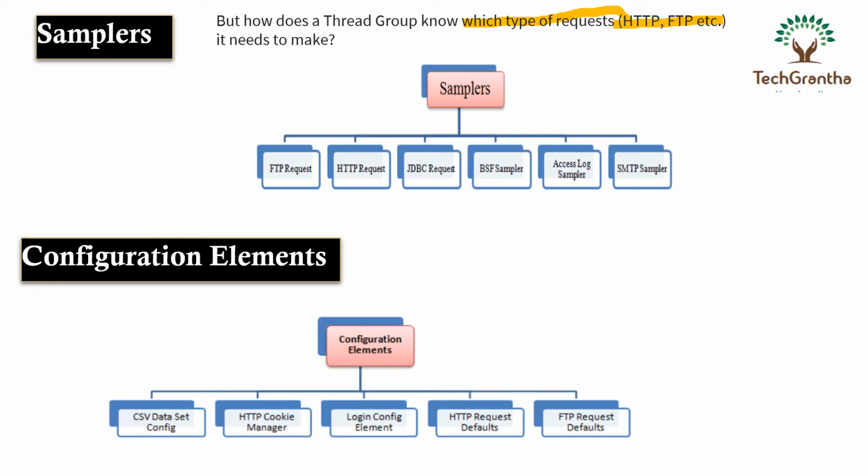Okay, apart from that, the next element is the configuration element. This is the most important element which we need to understand, and we also need to understand the use of the config element. So the config element is, suppose you have 100 users, or 1000 users, how will you check? Suppose you have 100 users and you want to do your execution.